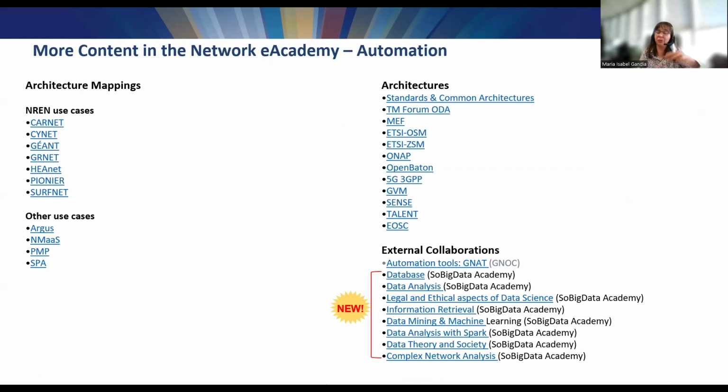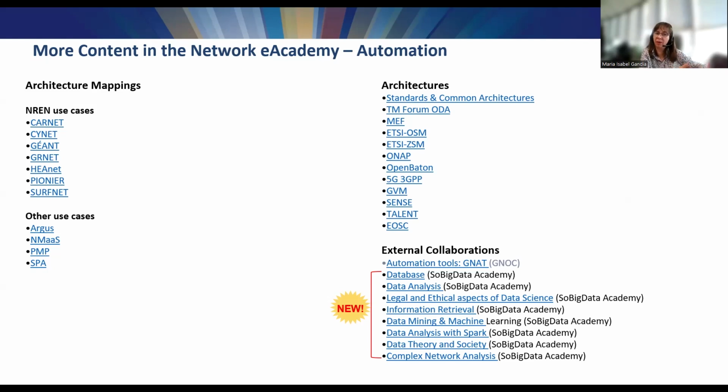Then there is more content. One thing is the learning units on Moodle, and the other one is the documents we have and the external collaborations. As I mentioned before, we had the external collaborations, the GÉANT, from the Global Network Operations Center at the Indiana University, is content that was created by them, the folks at Internet 2, and added to our MetroMap. And we are currently working on adding the information about the So Big Data Academy, because the So Big Data Academy is working on big data topics, but some of them are quite similar.